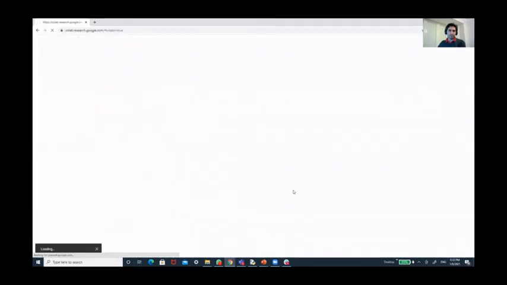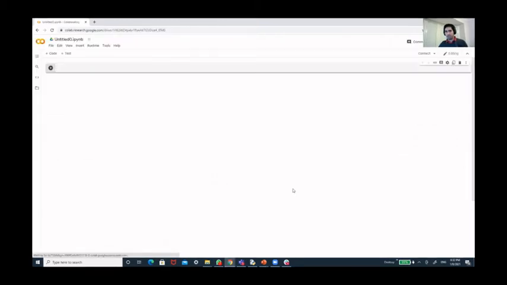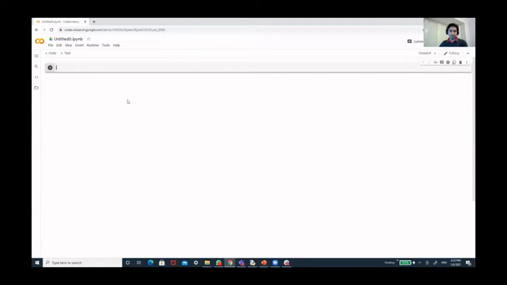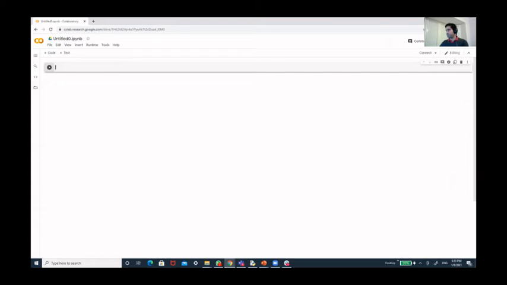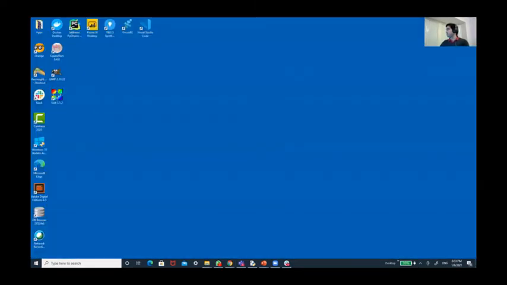For those that haven't used any integrated development environment in Python, or haven't even used Jupyter Lab, usually I use a mix of Jupyter Lab and PyCharm, a bit of VS Code. Google Colab is very similar to Jupyter Lab, and I'm going to show you my Jupyter Lab, which is actually running on my computer.